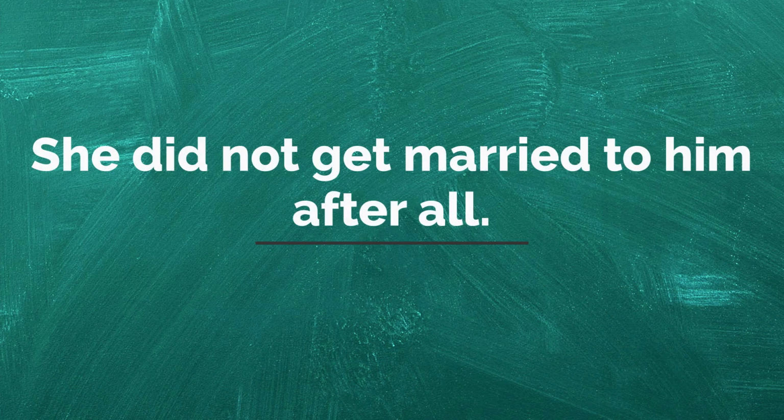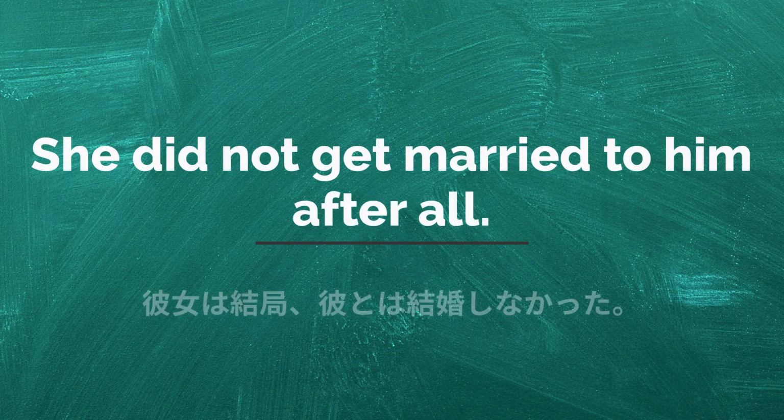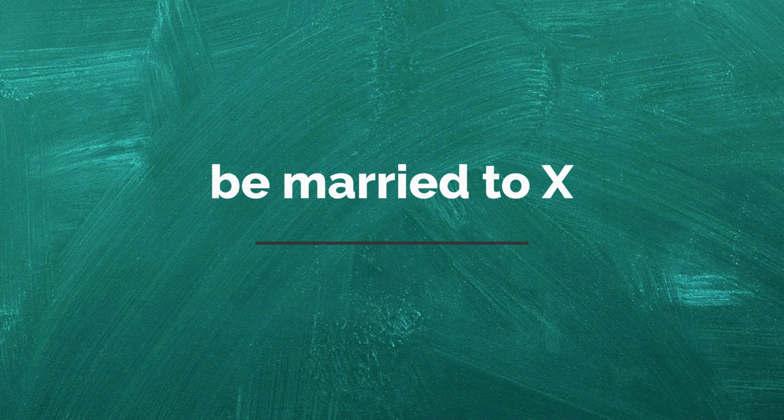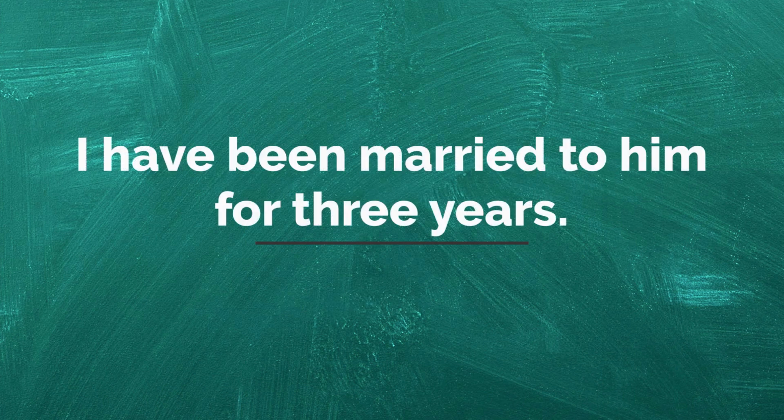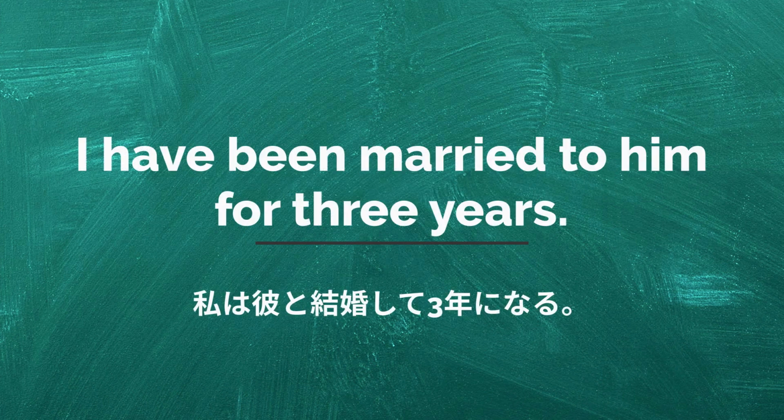She did not get married to him after all. 彼女は結局彼とは結婚しなかった。 Be married to X. X と結婚している。 I have been married to him for 3 years. 私は彼と結婚して3年になる。